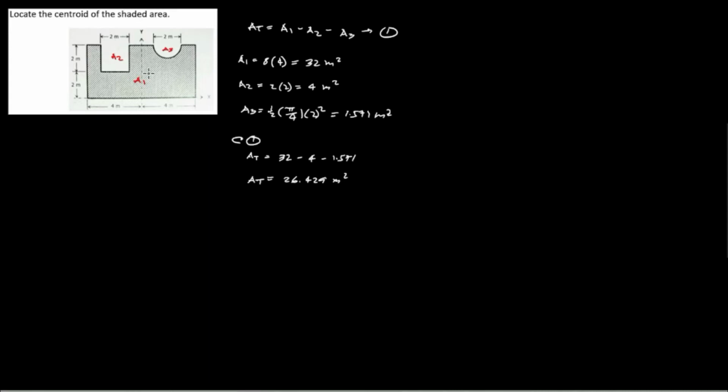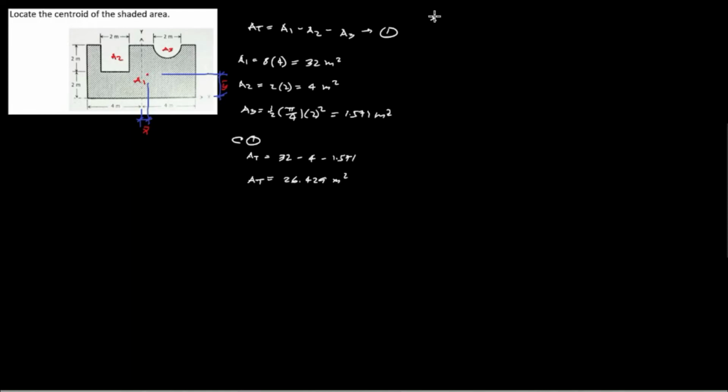We will presume that the centroid is at this point. The distance along the y-axis we designate as x bar, and the distance along the x-axis we designate as y bar. We will locate x bar, which is measured from the y-axis, and y bar, measured from the x-axis, using